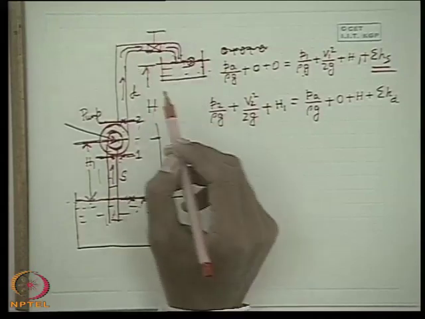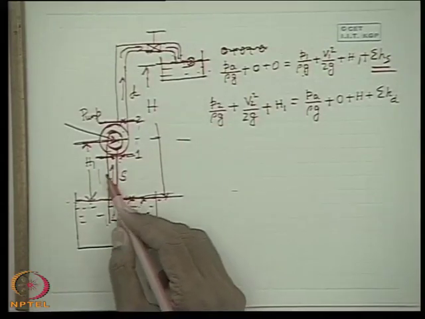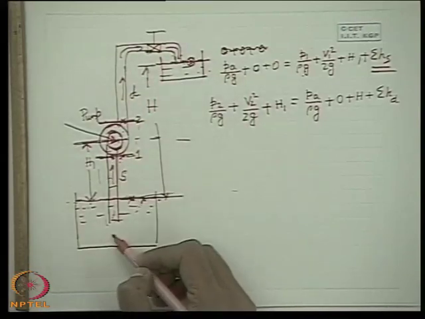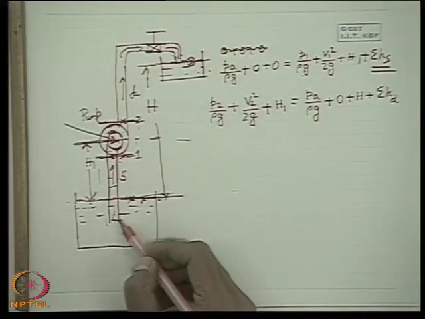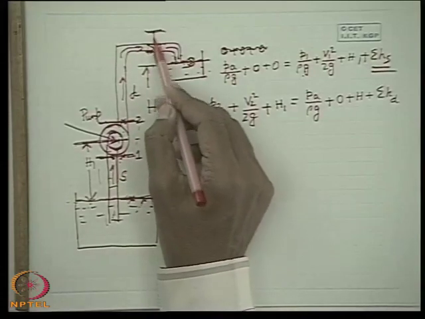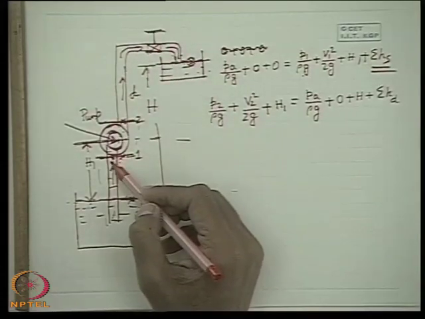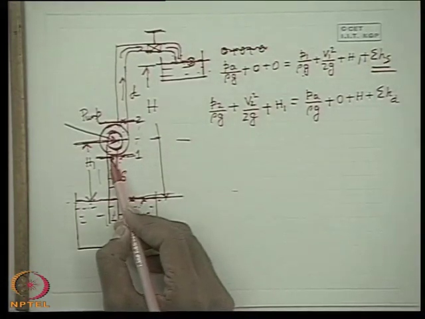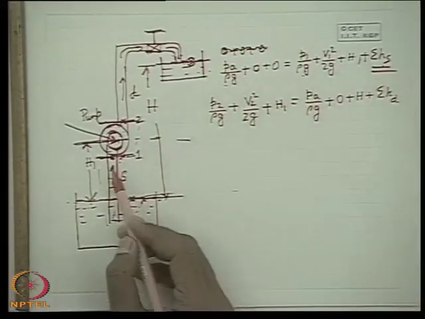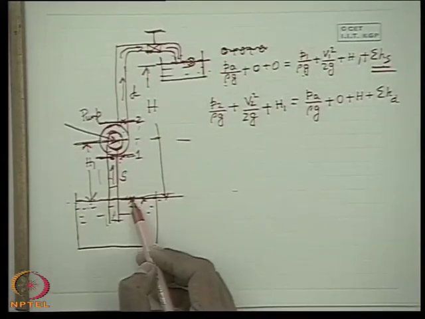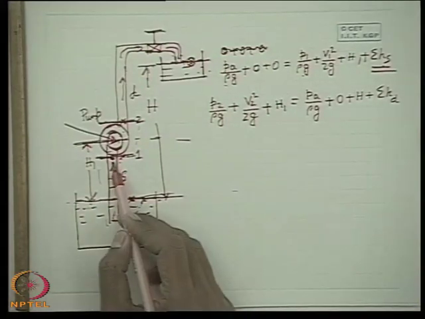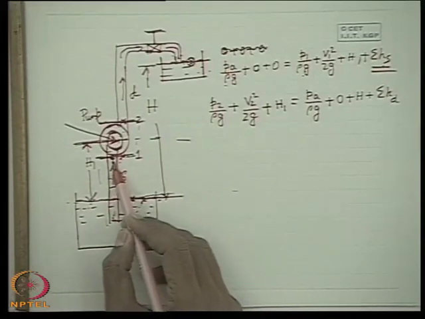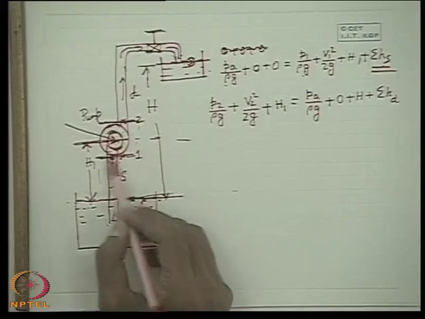You will afterwards read in the fluid machines course, valves are not placed in the suction side. There is only a foot valve in the suction side for some other purpose, for priming, but there is no valve for controlling the flow because of the cavitation problem. Because this pressure is suction pressure, obviously from this equation and physical principle also, out of atmospheric pressure we have to create velocity and overcome frictional losses. So we should be careful about the losses, because velocity is fixed depending upon the capacity of the pump, the flow rate of the pump.